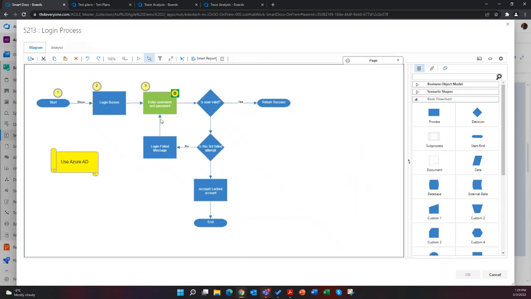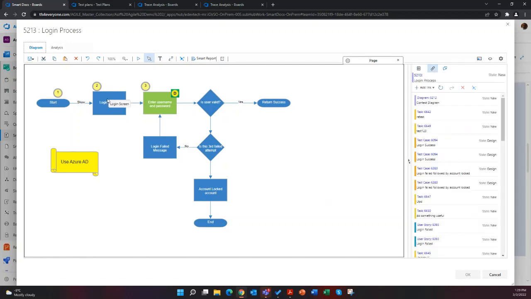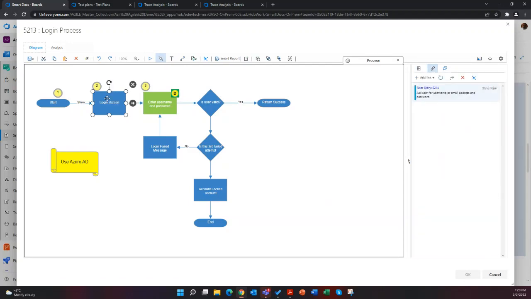But it's more than a tool for creating diagrams. You can create work items based on your activities or the shapes in the diagram. So against this activity, I have a user story, or I can go create another user story that will be linked to that shape, or I can link an existing work item against it.